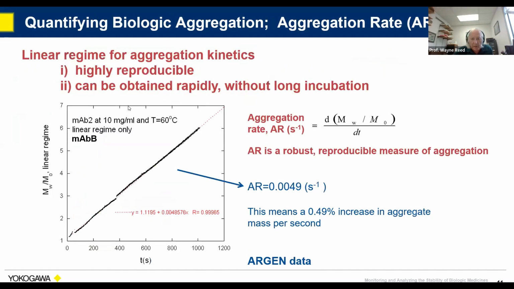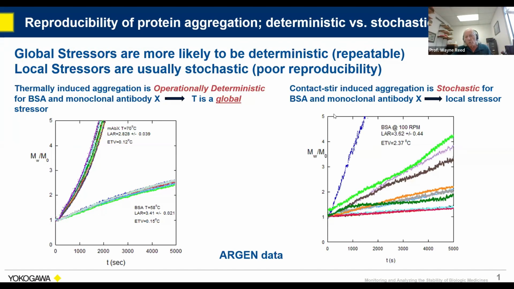Now, if we go to the local contact stir that we saw with the radical effect it had on aggregation, we can't even fit that data for both of these on here. So if we just look at how BSA reacts to, and this is just fairly gentle, 100 RPM stirring, you can see that it's all over the map. It goes anywhere from very little effect, some but little, this is about an hour and a half, to very rapid aggregation and everything in between. So it's very, very stochastic and unpredictable. Whereas the global one was quite deterministic, operationally deterministic.